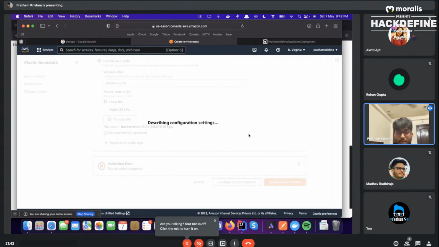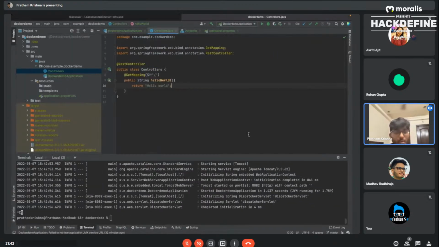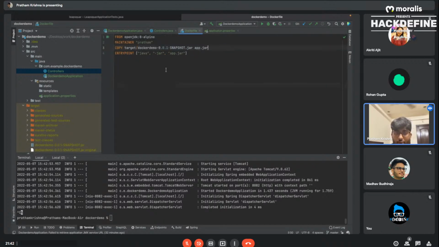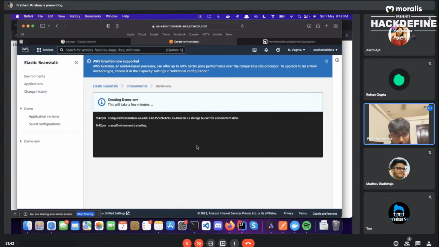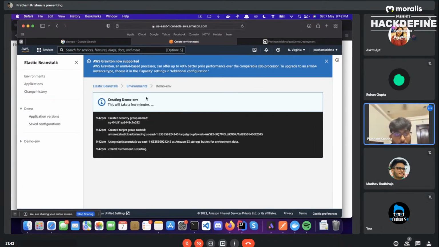One more thing I forgot to mention while we were doing Docker: there's something called Docker Compose, which follows the YML format of writing things. If you're not too keen on writing a Dockerfile, you can create a docker-compose.yml file. It is kind of tricky writing that file, but it's up to you if you want to write a Dockerfile or a Docker Compose. So this is going to take some time. Until then, let us go check out AWS Lambda.